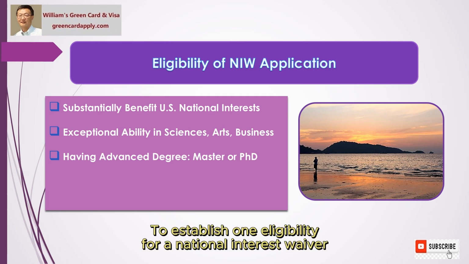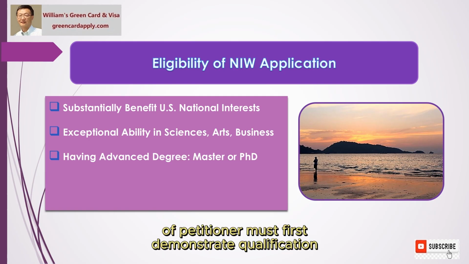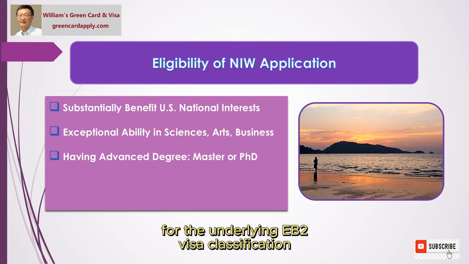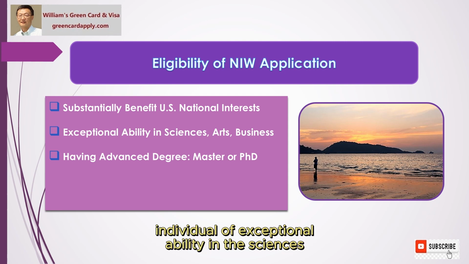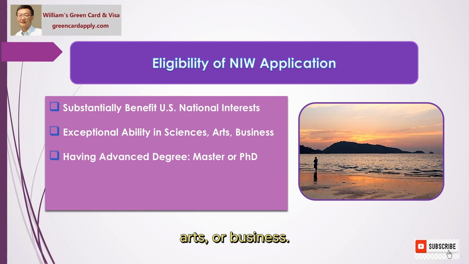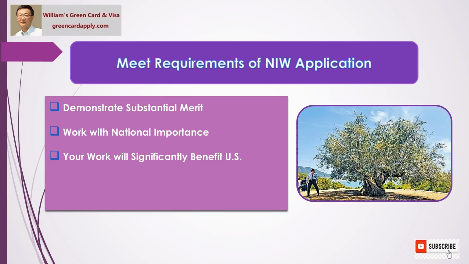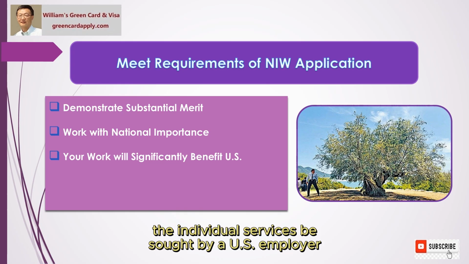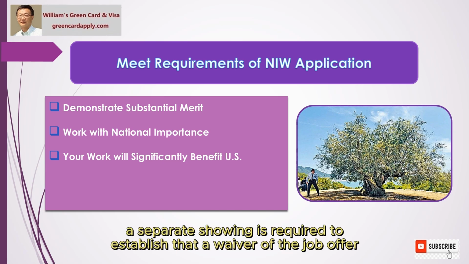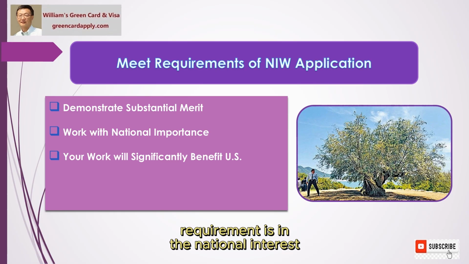To establish eligibility for a national interest waiver, a petitioner must first demonstrate qualification for the underlying EB2 visa classification, as either an advanced degree professional or an individual of exceptional ability in the sciences, arts, or business. Because the NIW Green Card application requires that the individual's services be sought by a U.S. employer, a separate showing is required to establish that a waiver of the job offer requirement is in the national